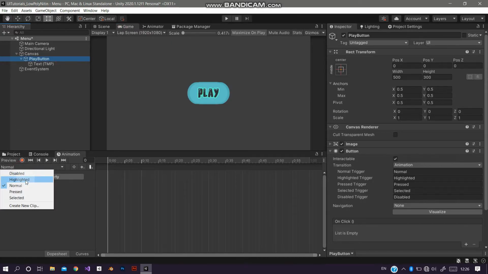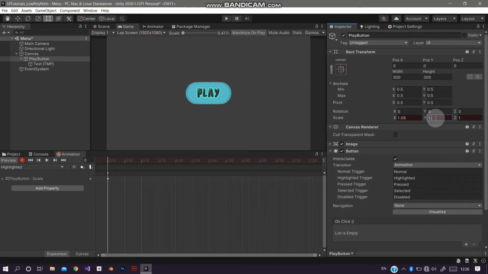Now let's go into highlighted and let's set its scale to like 1.08 on frame 1, and on frame number 20 set its scale to 1.15, and on frame number 30 set it to 1, and on frame number 40 set it to 1.08. Now if you hit play,